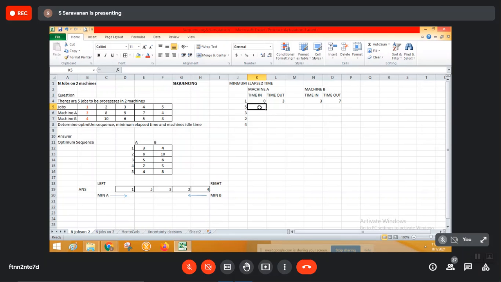Okay, so now the machine enters here, right? It can take the next job, 3 here. So how much time will be taken for the fifth activity? It is taking 4 minutes. So 3 plus 4, 7. It will come out at 7 minutes, right? After getting out at 7, see here the time out of machine B is also 7. So here also it is 7. So machine B can take the job at this 7 minutes, right? So how much time will be taken now? 8 minutes. So 7 plus 8 is 15.